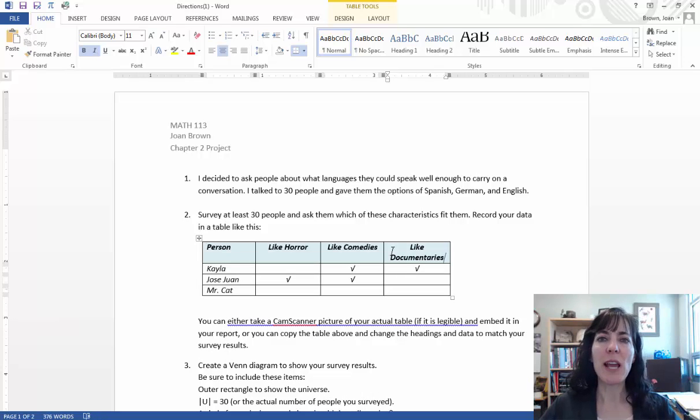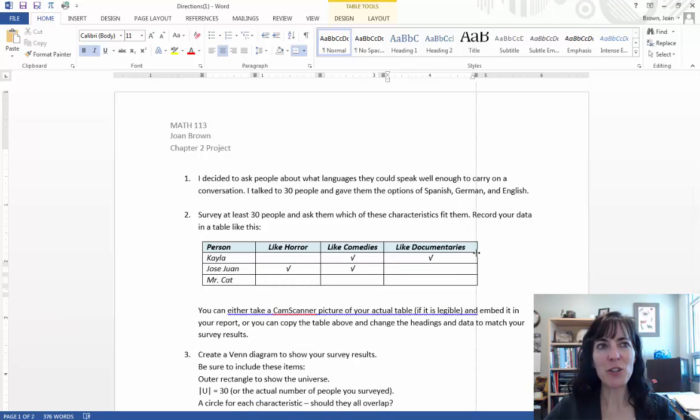I've had students ask about movies like this. I've had them ask about what video games they like, if that's something that you're interested in. I've had them ask about what foods they like, what brands of clothing they're wearing or wear, that sort of thing. So anything that you are interested in, make it into 3 options and then ask people and you can get